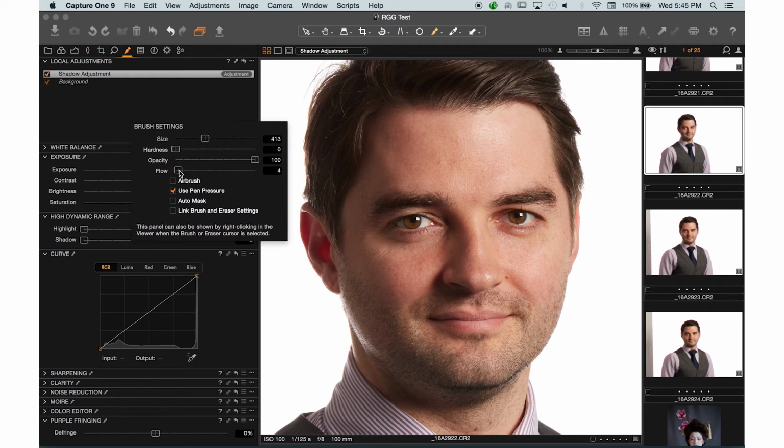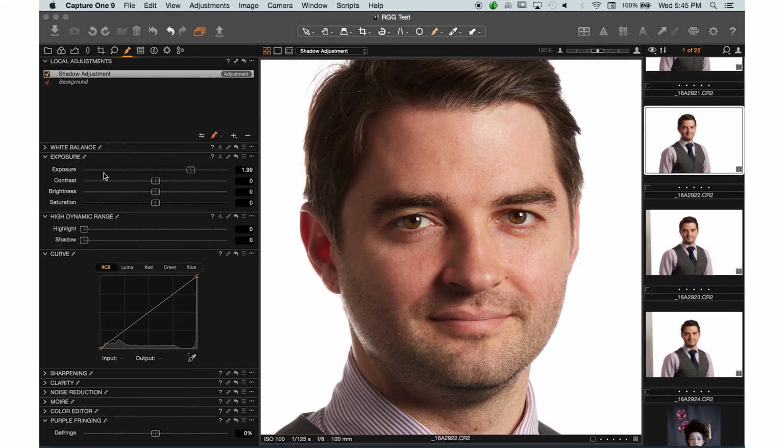And the flow is basically how fast the buildup starts happening as we brush. It's like a gentle brush. So I'm going to keep it, say, let's say about 5 or 6, okay? And that's it. I will turn that off. Before I start brushing,